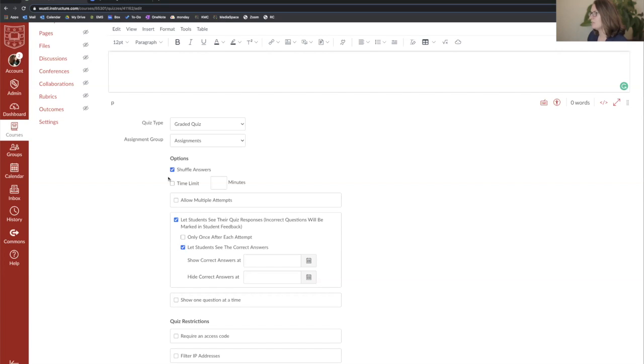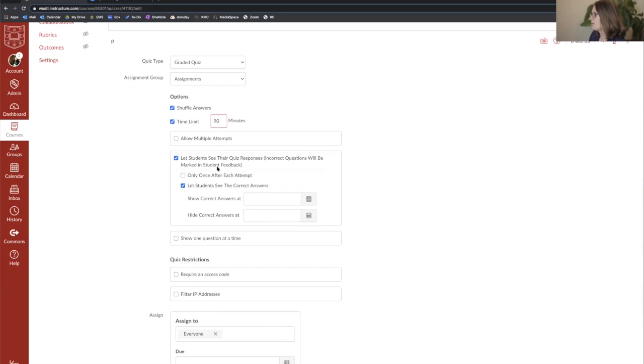The second thing you'll definitely want to use is the time limit. Now the time limit here is going to be their sit down time taking the exam. So when a student begins the exam, they will only have a limited amount of time to complete it in one sitting. Something to remember for this is that if you have documents or problems that your students are working through, you want to make sure to give them extra time to upload their documents.